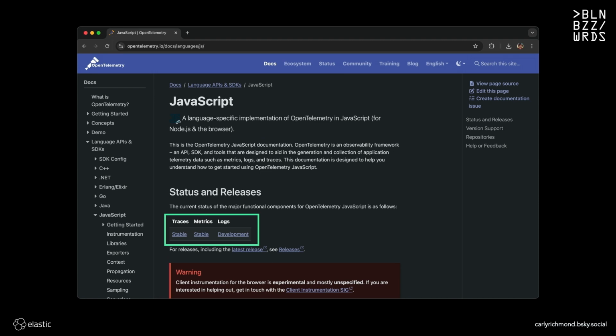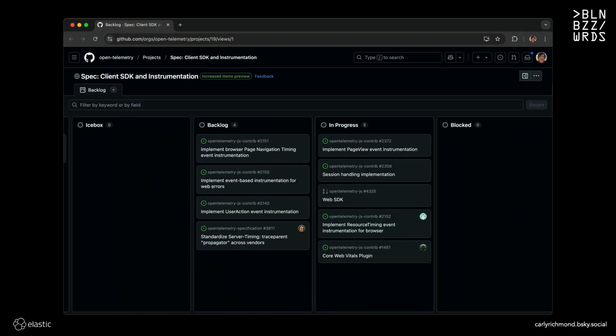I know certainly if I'd mentioned to some bosses I've worked with before, oh, this is under development, using it in production might be a bit of a, let's have a discussion about this, which is fine. But the other thing I want to call out is the big red error message at the bottom there. Client instrumentation for the browser is experimental and mostly unspecified. So what I'm showing you are experimental features. They might change, they might break, but they are currently under work by the client instrumentation SIG who look after